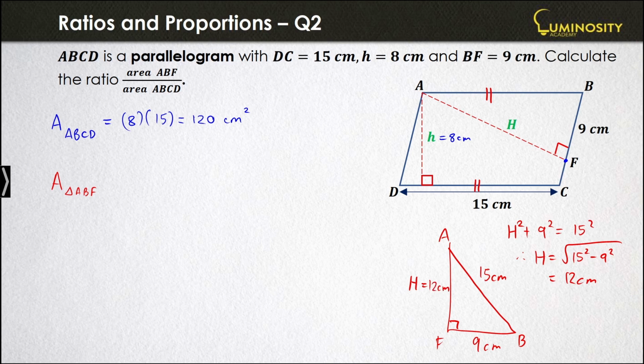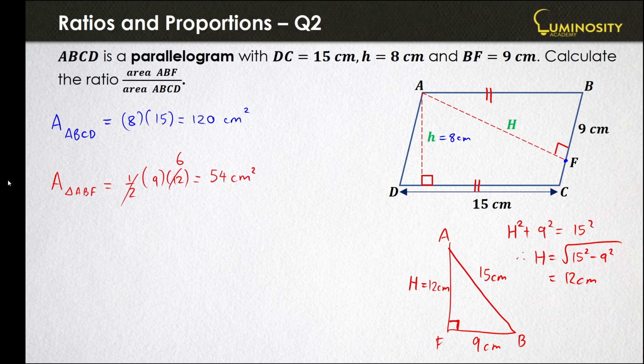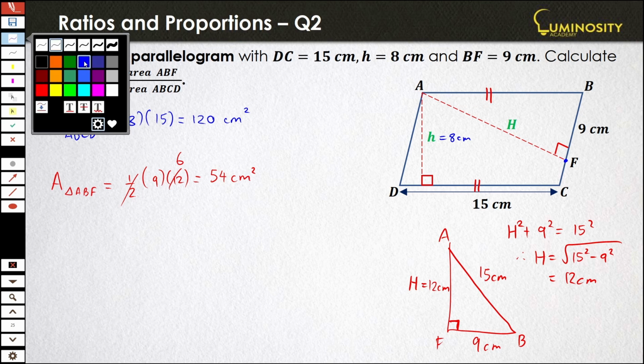So the area of triangle ABF is a half times the base times the perpendicular height. The base would be FB with the perpendicular height of capital H. So it'll be half times 9 times 12. Half goes into 12 six times. 9 times 6 is 54 centimeters squared. Okay, so therefore,